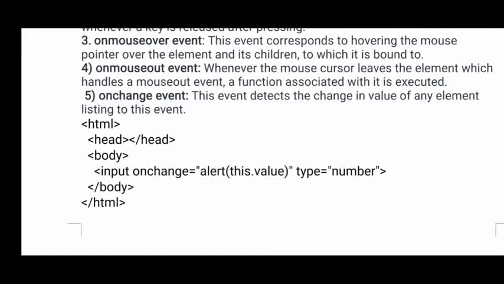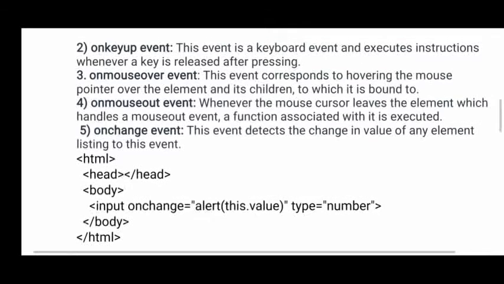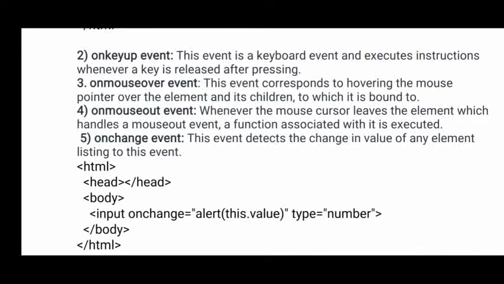Now one more event is here, the onmouseout event. After moving your mouse pointer over an image or any object, you will move out of that particular object. At that time that event is called.